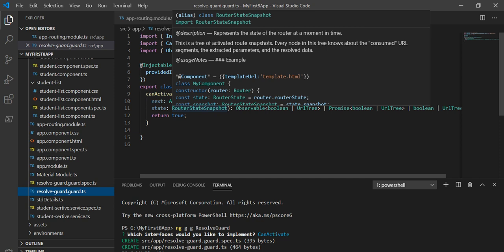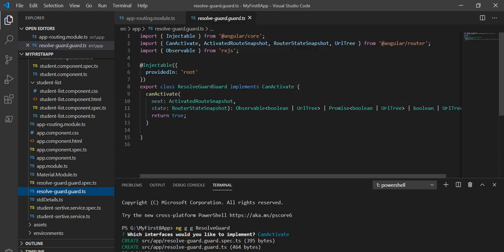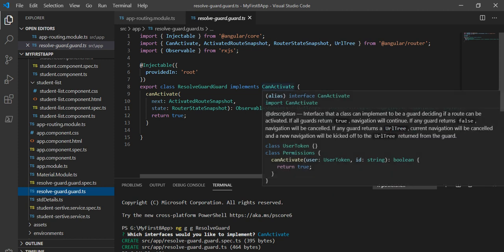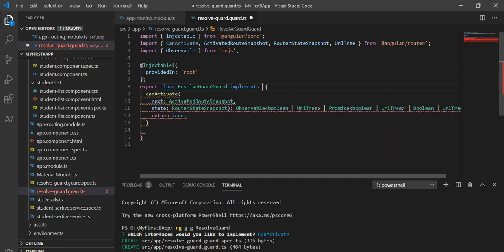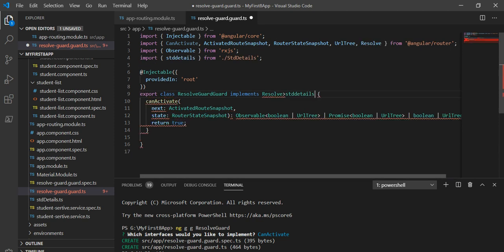First, in the export class resolve route guard, currently it is implementing CanActivate. As I explained, we have to implement it from Resolve, and the type of is this std details, that is the interface for us, and inside this we are going to do some modification.